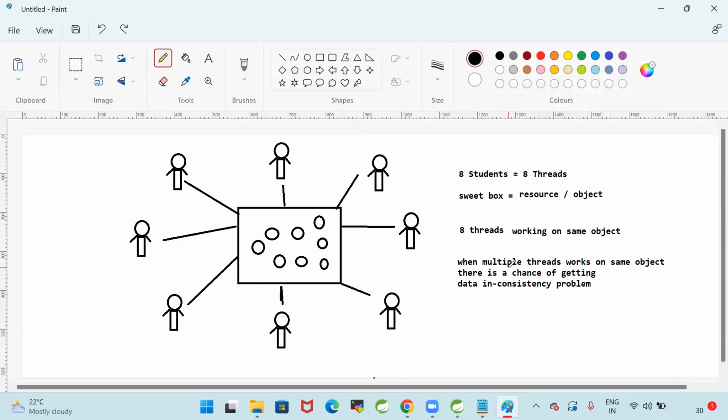If I give the sweets to the people one by one, will I get a data inconsistency problem? No. Right. Similarly, when we are working on multi-threading, we need to understand when our resource can be accessed by